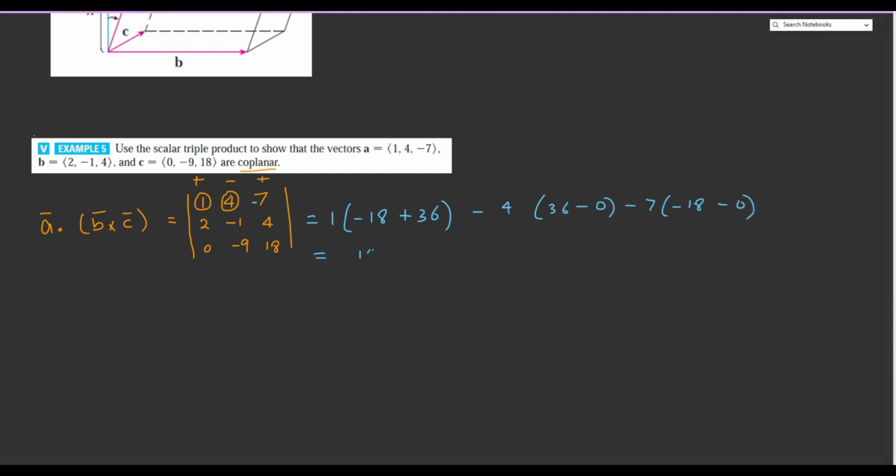So this is equal to 18 minus 4, 2 multiplied with 18, and from there you will get plus 7 multiplied with 18. Now if you take 18 outside as a common factor, from here you will get 1 minus 8 plus 7, which is equal to 18 times 0, which is equal to 0. So it means that these two vectors are